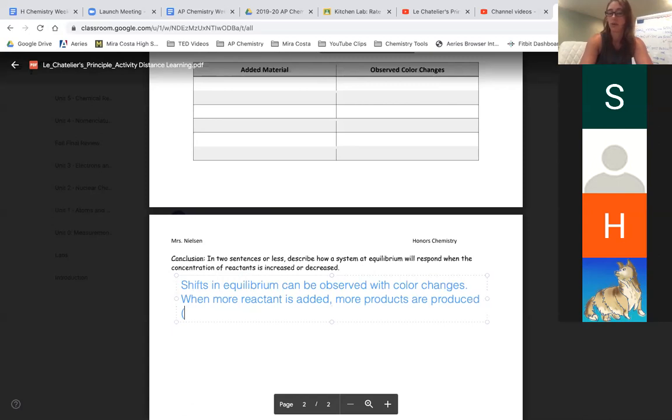That's why it got more red. And when it was removed, right, by that hydrogen phosphate, then